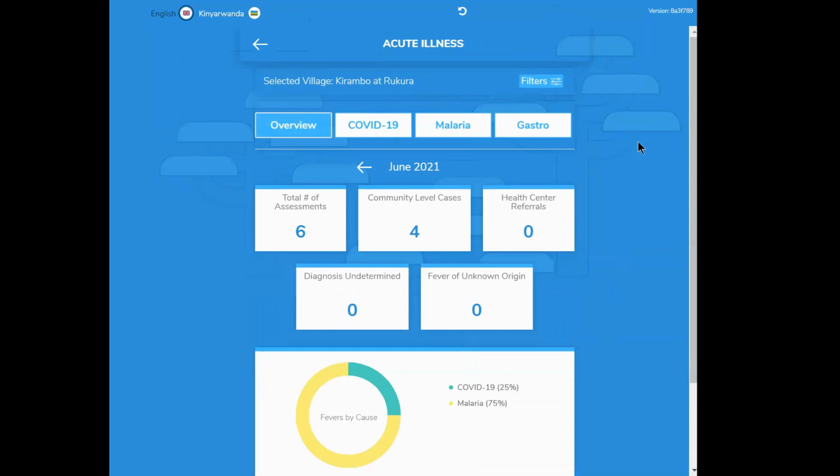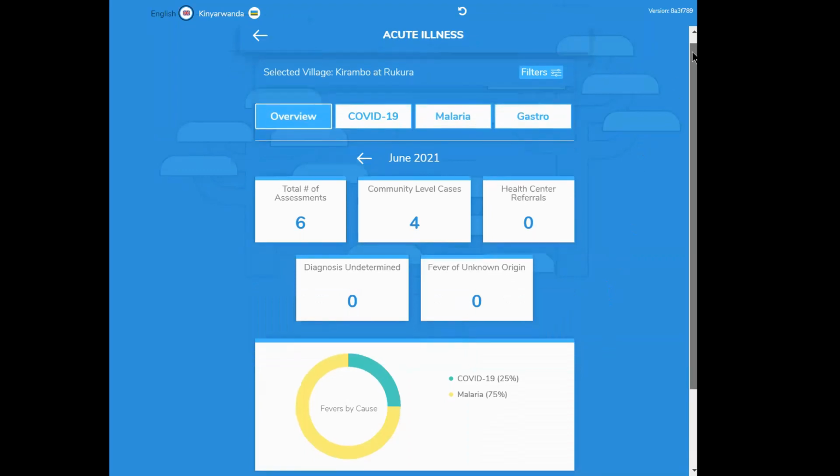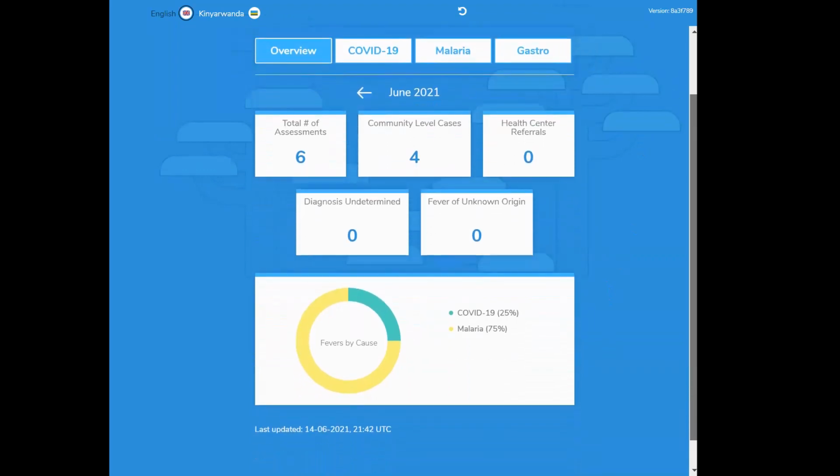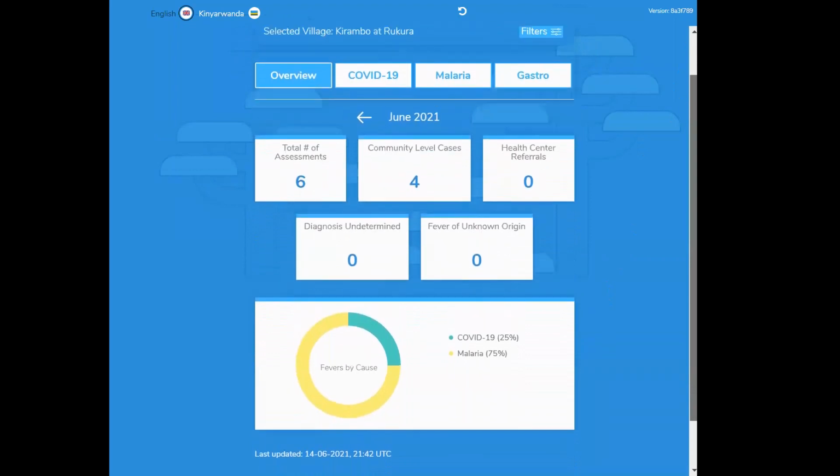And for acute illness, you can see an overview of information, how many people have been assessed for acute illness in this month, the number of people that are being evaluated and managed in the community, the number of people who've been referred to the health center, the number of diagnoses that were not clear, and the number of fever of unknown origin. And then a breakdown here of the types of